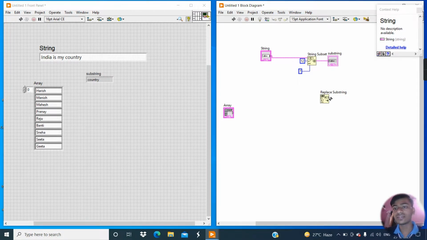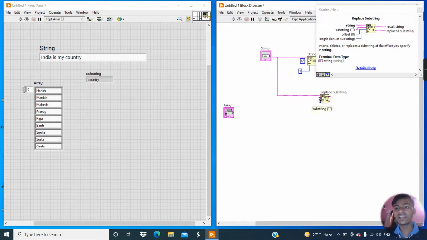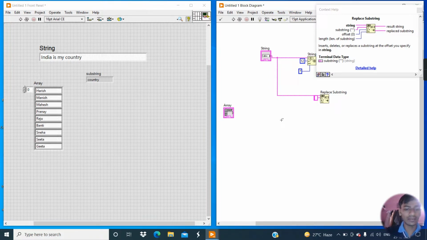For that we can use this replace substring. Let's do the code. First connect this terminal to the string which we already have. Now you can see here is the second terminal, that is substring. That means which other word we want to add: everything. So right click, create constant and write everything.